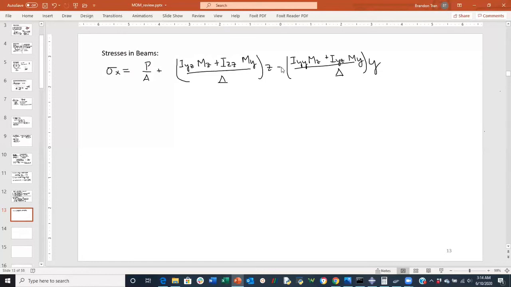Okay, so this whole entire thing right here is essentially your normal stress in the beam, which is amazing because